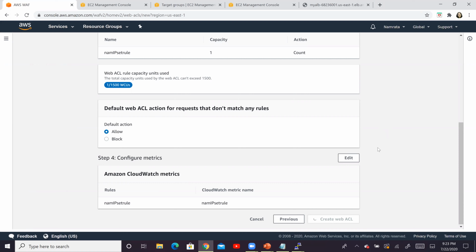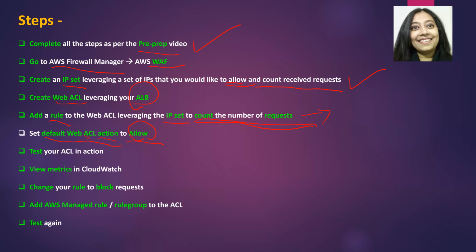Now, after you click this, be patient, okay? It takes a while for it to be created. I don't know why, but it does take some time. But once it is ready, then we are in good shape and we can actually go ahead and test it, right? So let's go back to our steps. So we have completed all of these steps and we are basically ready to test our ACL in action.